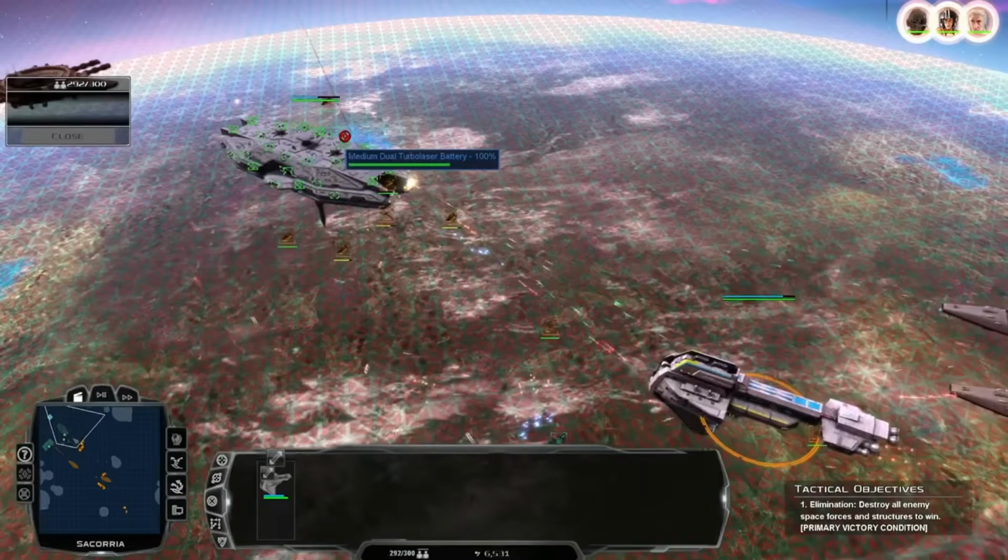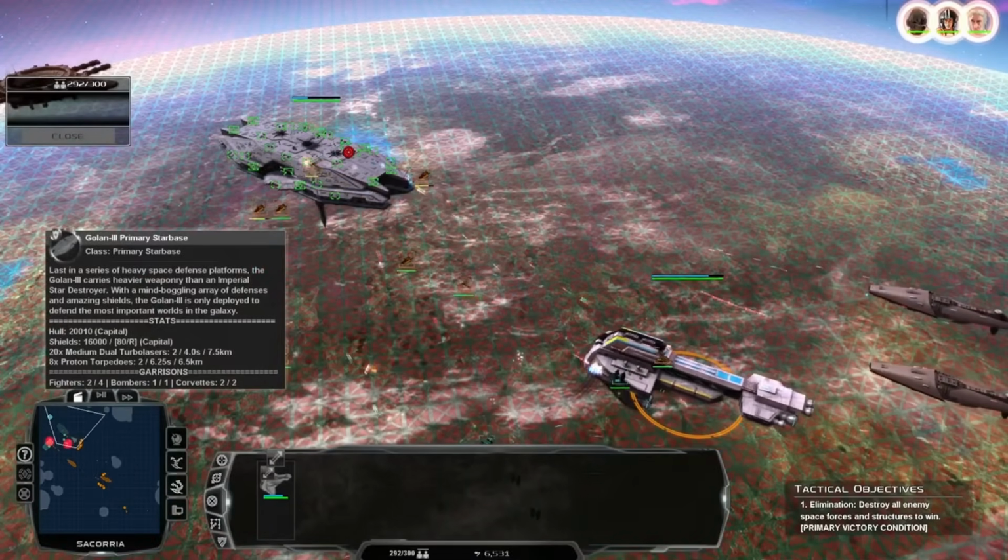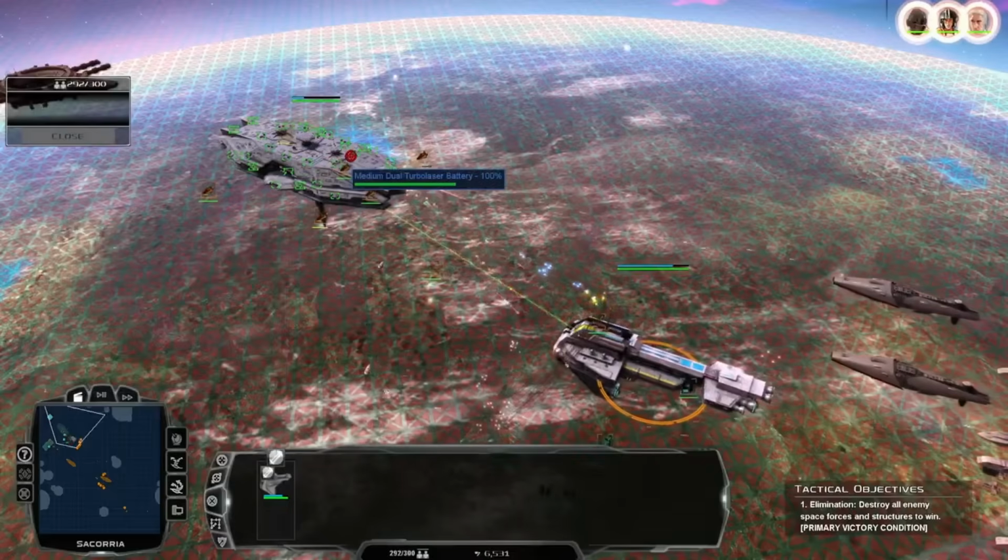Activating tractor beam. Get him off me. Yeah, we're not going to get to try it out because we're just demolishing this Golem, but...